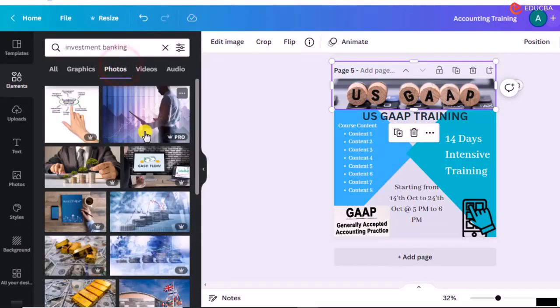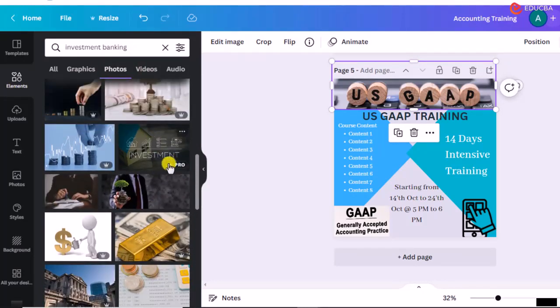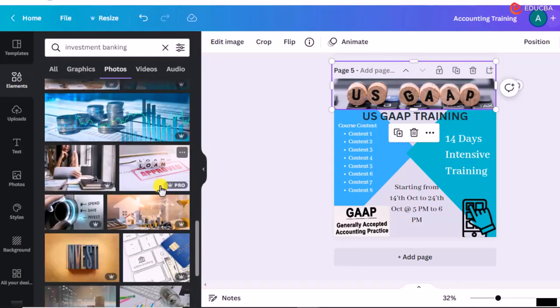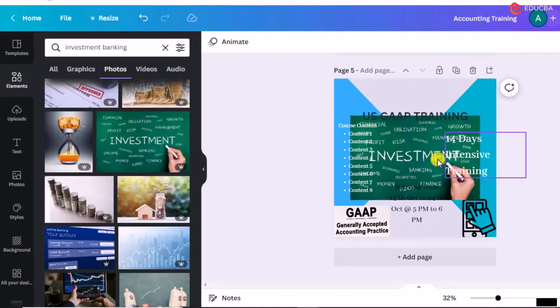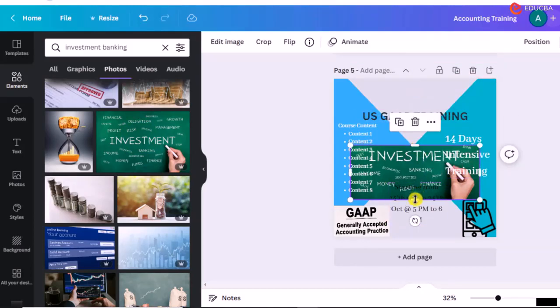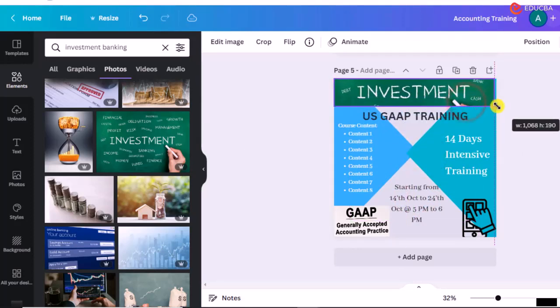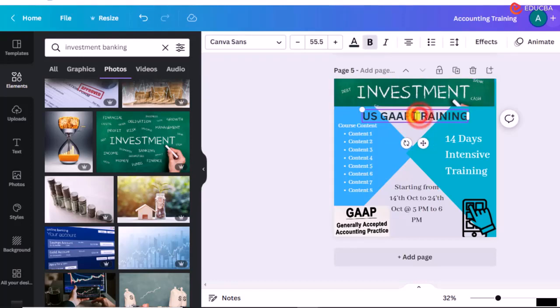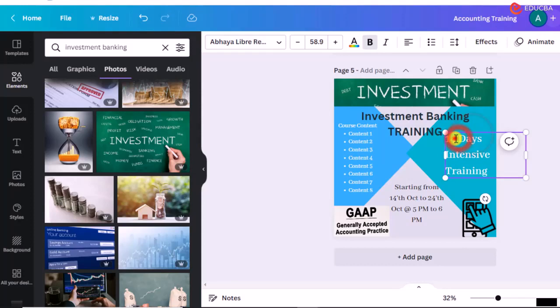So let me search in photos, and I have one like this, or okay, even this is okay. So I will remove this. I will keep it like this and increase it a bit. Okay, fine. So here I want to change it to investment banking training. Content, I'm keeping it same. Here I'm keeping it, let's say, for 8 days